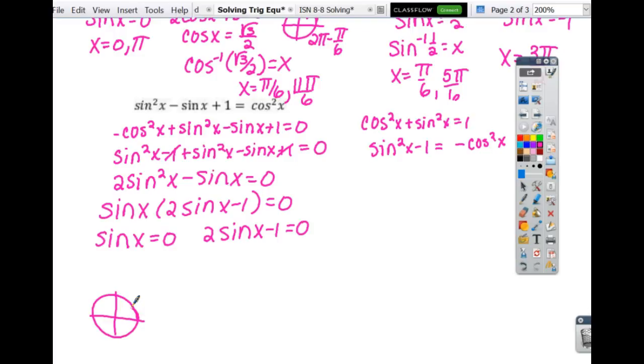So I want to know, where is the sine 0? That's, where is the y value 0? Pi and 0, right? So these are 0 and pi. And this one, if I add the 1 and divide by 2,